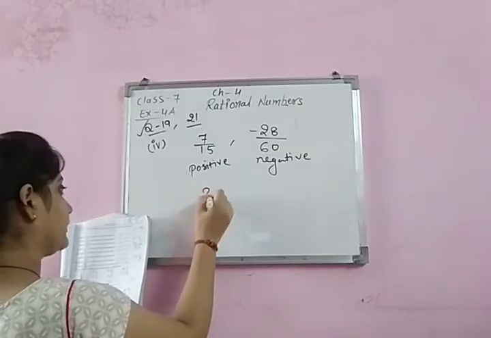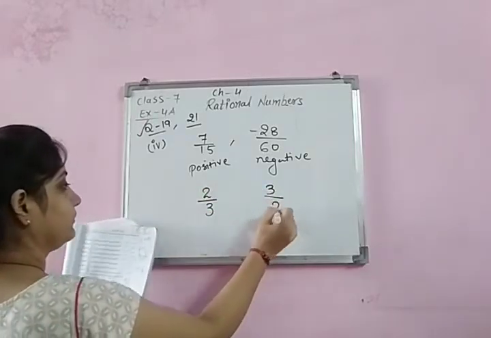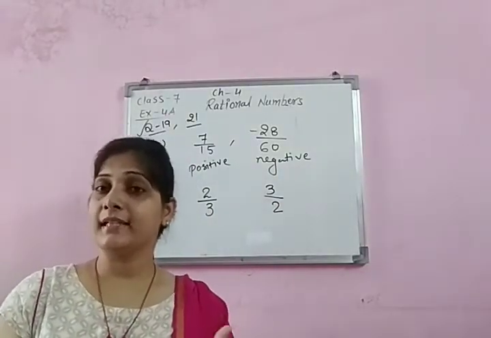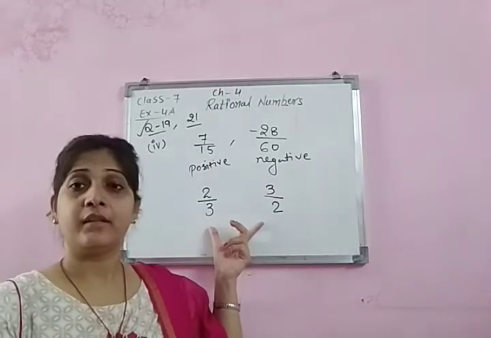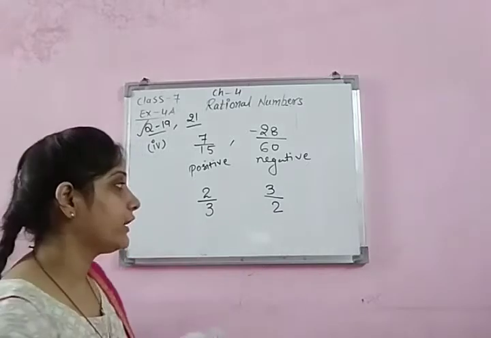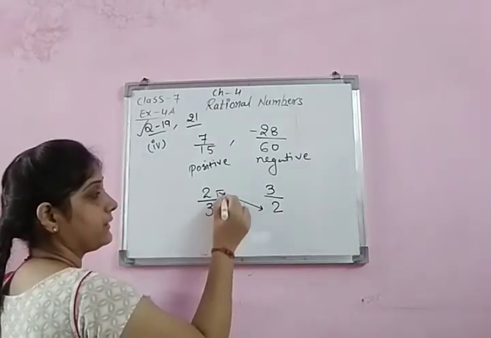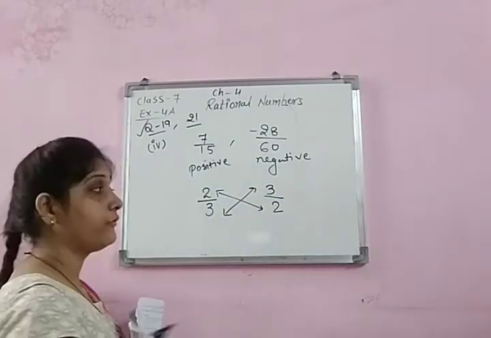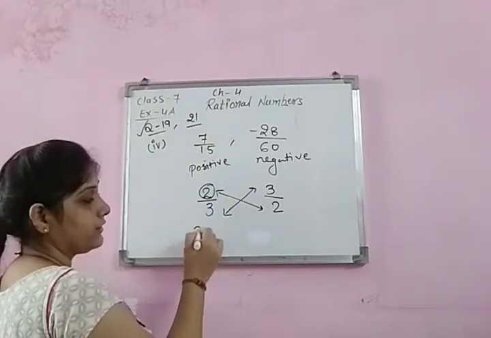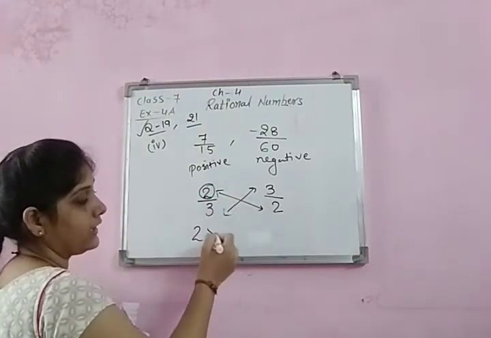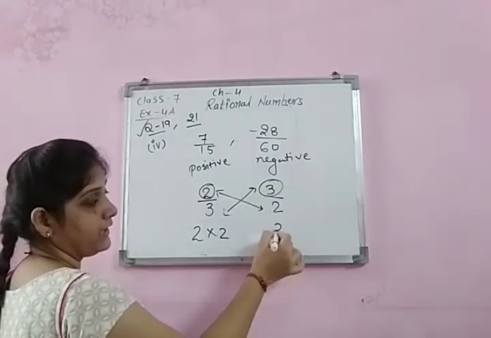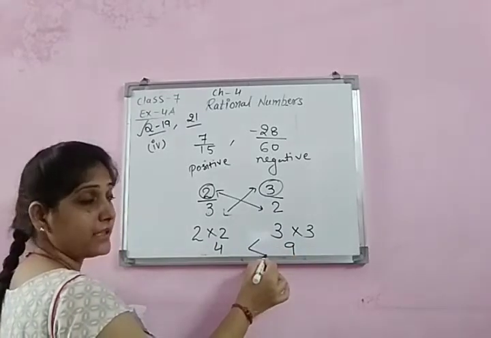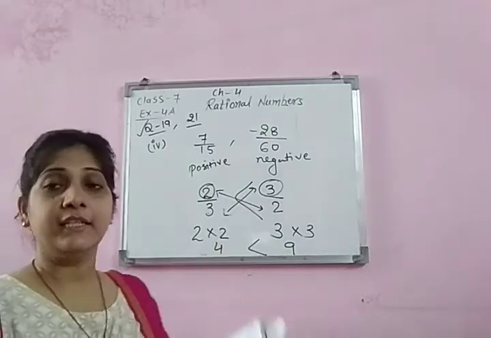Now the second condition: if both are positive, we need to check whether they are equivalent or not. Both are in simplest form also, so we cannot cancel out. So you have to just do the cross multiplication if you feel this method is easy for you. But remember, you will not change the position of the numerator. So numerator 2 is there, write it here only, and this 2 will come along with this. Now this 3 remains here and this 3 goes with this. 2 2s are 4, 3 3s are 9. So 9 is bigger, so this side number is bigger. This is a short way.